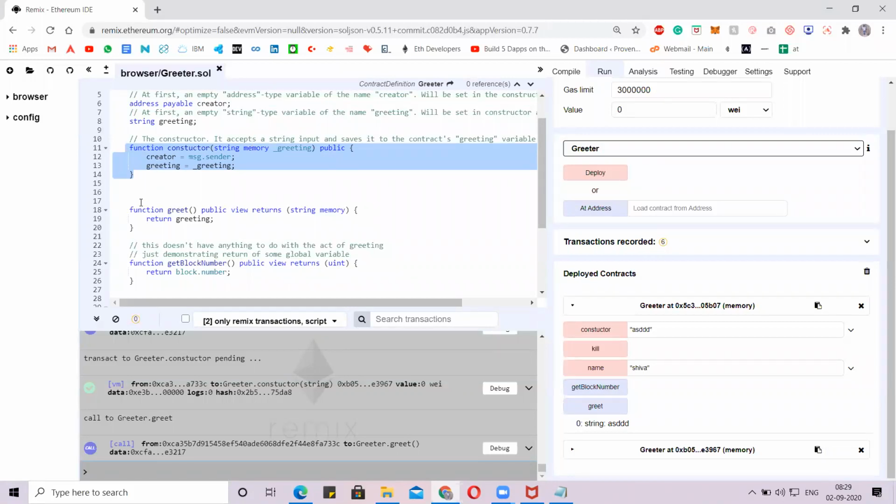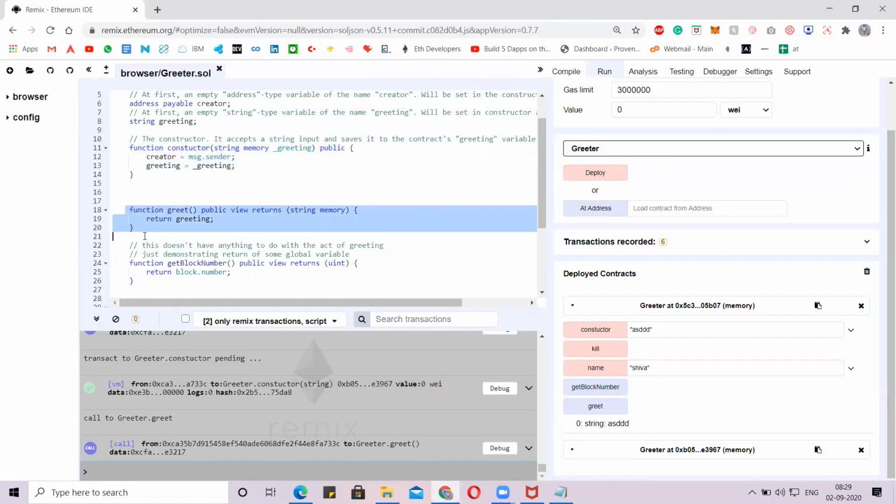Now, how are we getting the data? See, passing the data is easy. We are done with the passing, but we need to get the data. So how do we get that data? Create another function like greet, and we are not passing any state variable here because we only need to get the data.